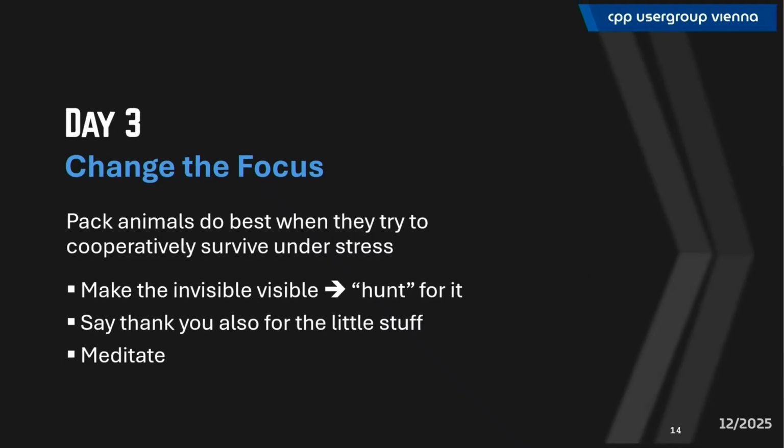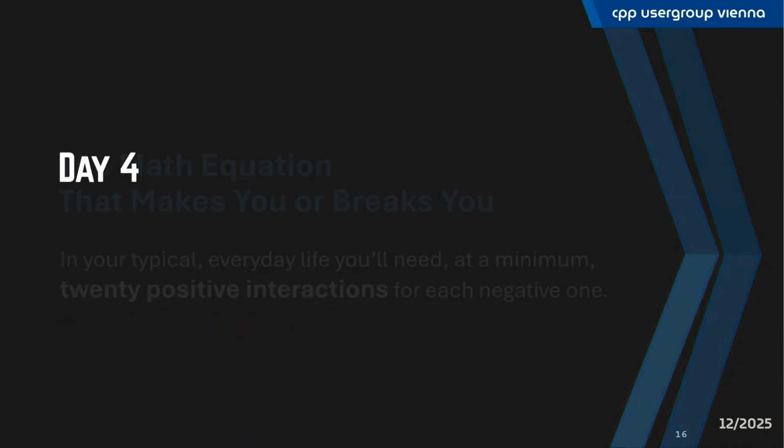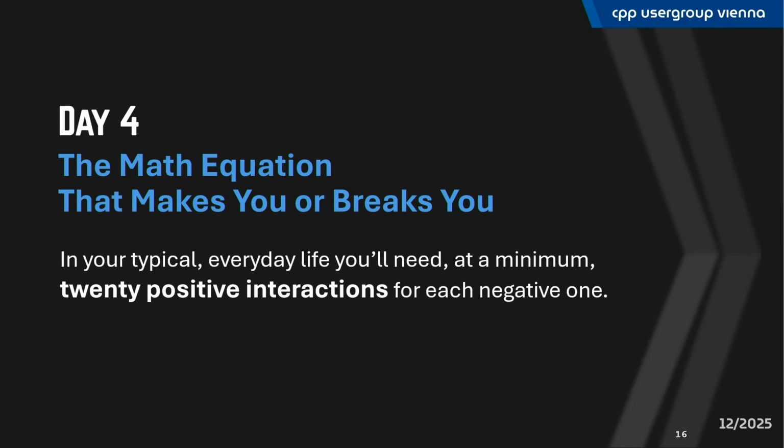It's easy. Day 4, give a real compliment. Because it's the math that matters. And in the book I read, they give a pretty nice math. It says you need 20 positive interactions with your colleagues to balance one negative one. And if I'm in a bad mood, I'm not a diplomat typically, so I give easily a negative one. But then I need to say 20 nice things, and the more things you collect and the more you focus